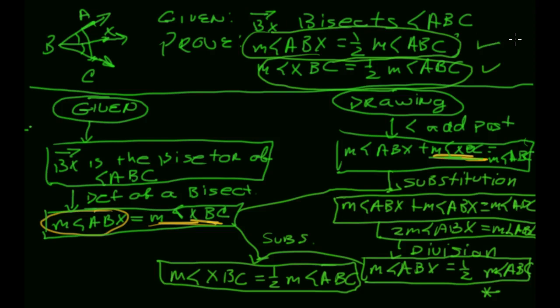Now, this looks completely different than my two-column proof. The statements are the things in the boxes. The reasons are things along the arrows. But yet, this actually shows a much more clear connection that these two things worked together to get this one. These two things work together to get this one. So sometimes this is a little bit more informative. It looks a little less formal, can be a little bit more messy, but the entire thing is maybe a little bit more informative. Now, we've got a third type of proving things here that we're going to call a